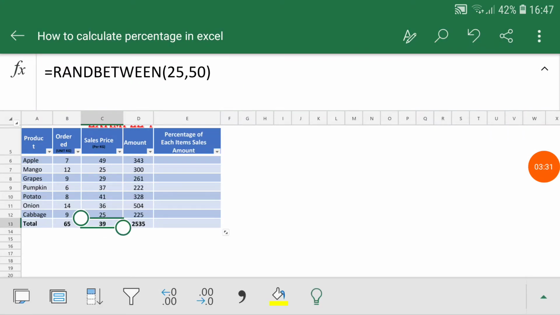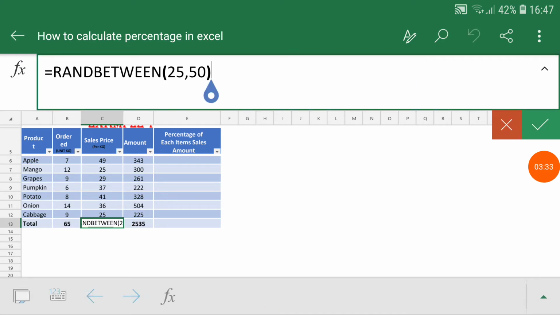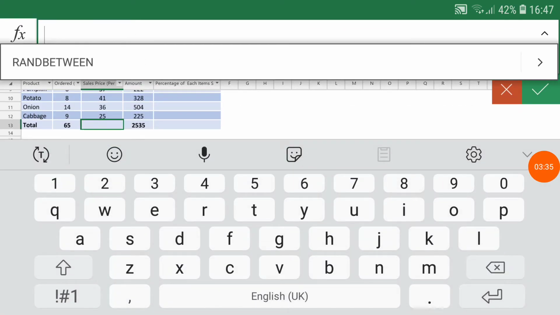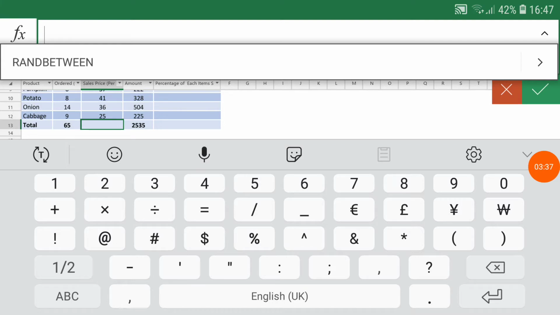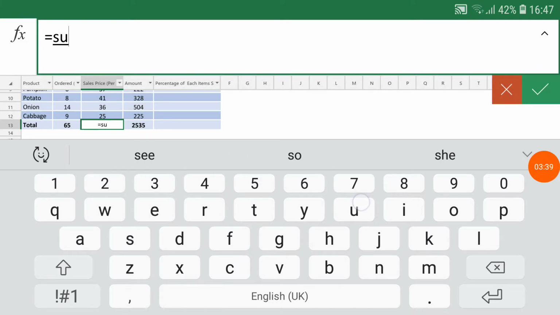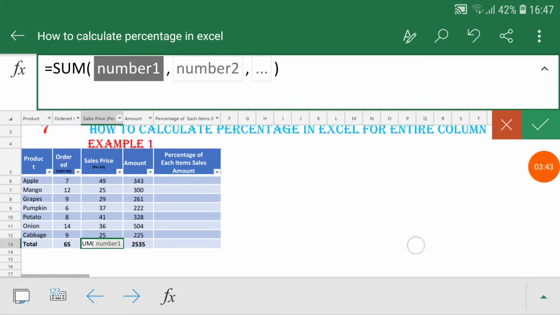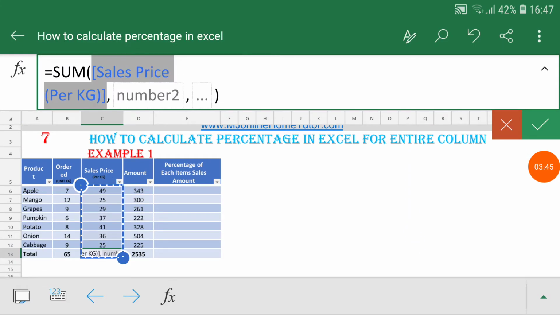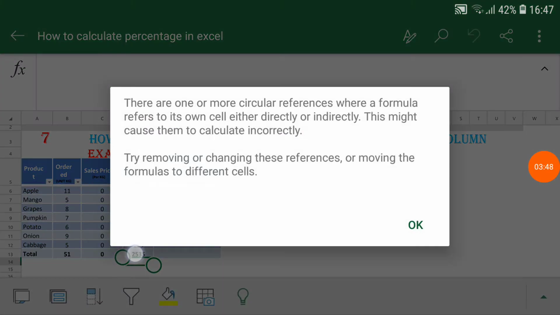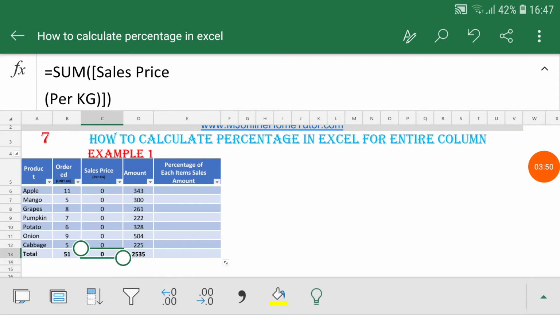I have to apply a formula in C13. So I have to sum, and we can also drag and drop these cells to have the result. Sorry, something wrong over here.